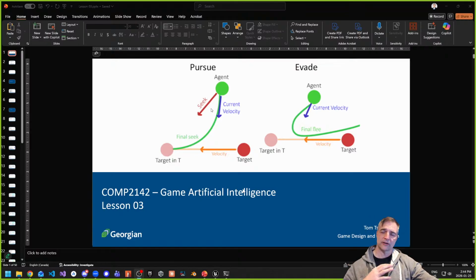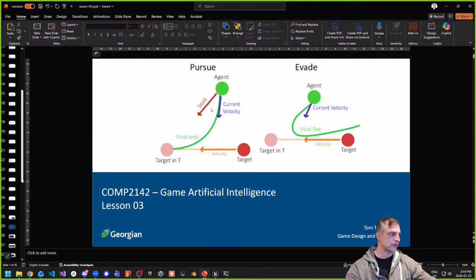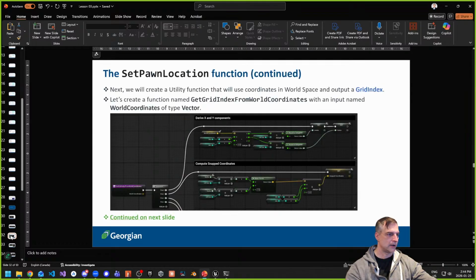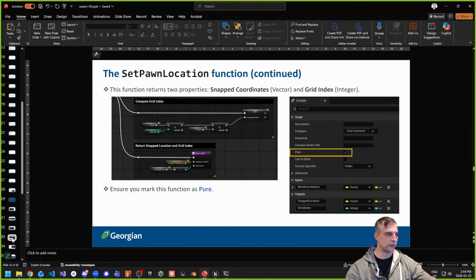In the last part, we talked about dynamic steering behaviors, which are pretty cool, and we started developing Seek. Then we started working on some supporting functions to make Seek work. So we came down here and I converted this to a